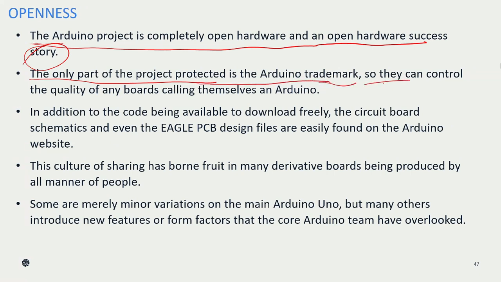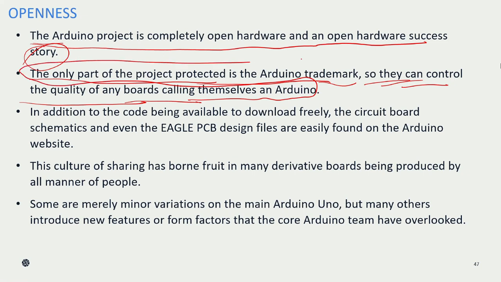So they can control the quality of any board calling itself an Arduino, and they can easily control it.